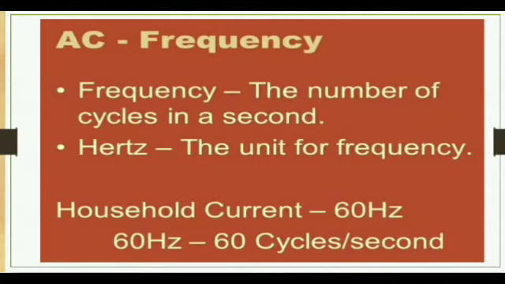And the frequency, the number of cycles in a second, is nothing but the AC frequency, which is always constant. The unit of frequency is Hertz. In household current, the frequency is 50 Hertz in India, and here it is 60 Hertz, but mostly we are using 50 Hertz, that is 50 cycles per second. Okay,